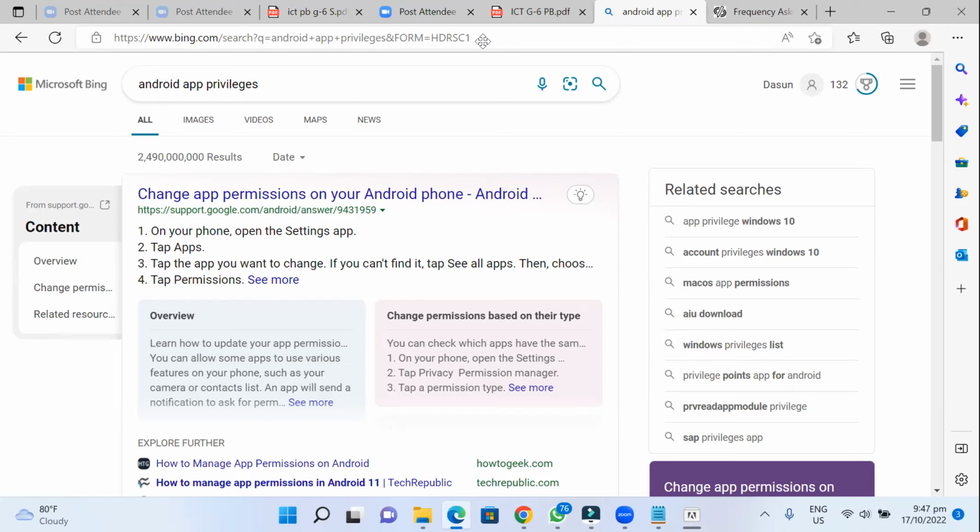Let me share my screen. On the mobile phone. Okay, I have joined the Zoom meeting. Then I need to share the screen.